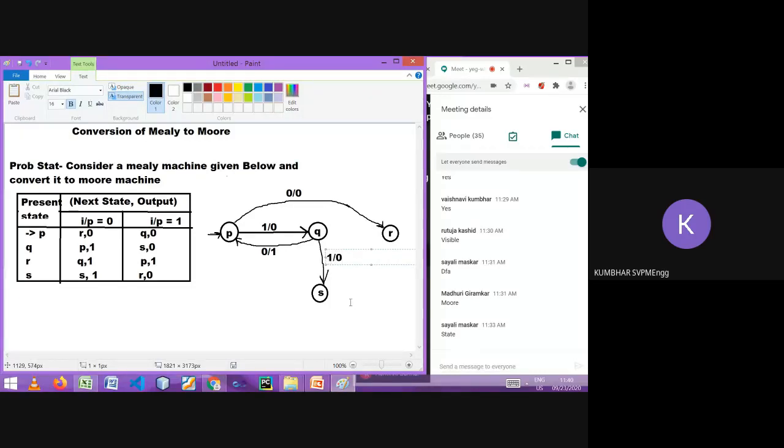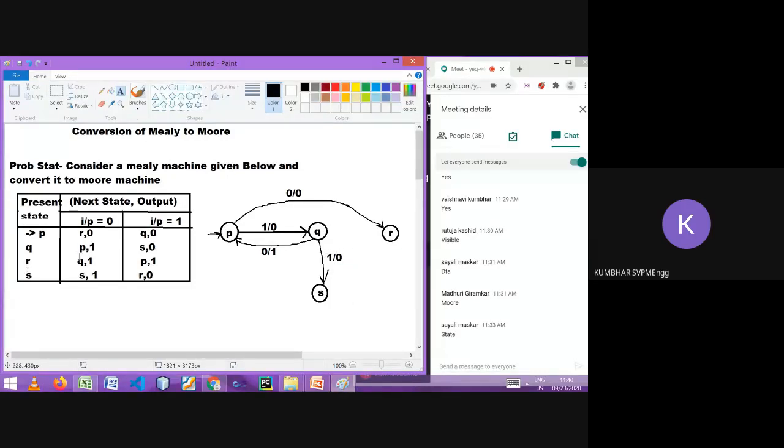Correct? Let's go next. R on 0 goes to Q. So I should show this in this direction. Input is 0 and output is 1.